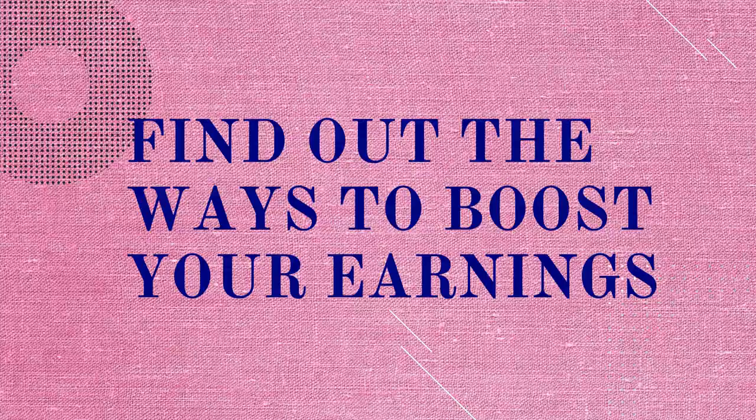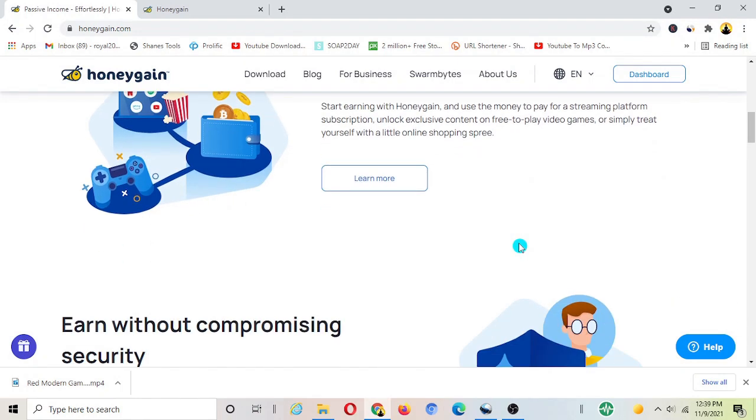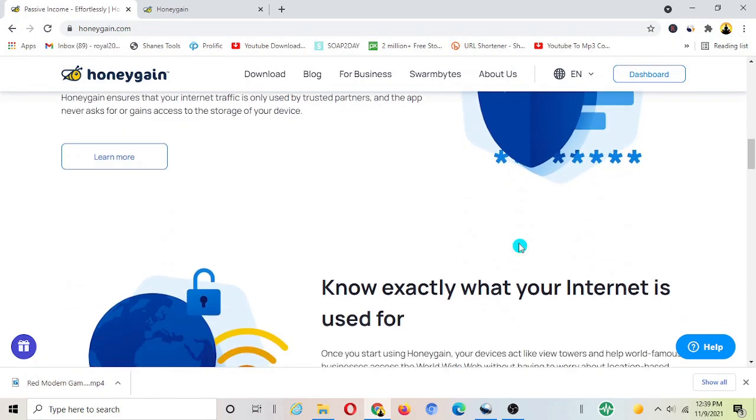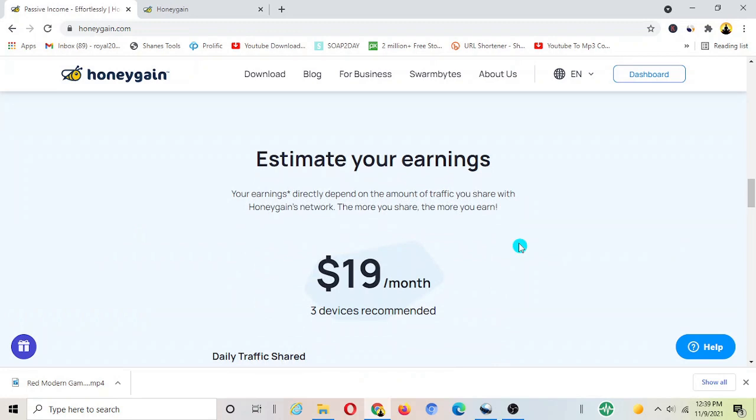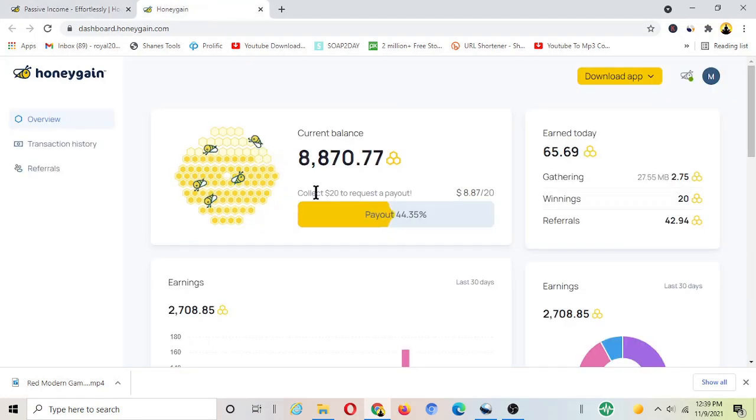Alright, for those who do not know Honeygain, it is a way of making money passively by downloading the Honeygain app on your devices and sharing your unused internet connection. So if you have unlimited internet connection with your internet plan, and if you want to utilize it to make